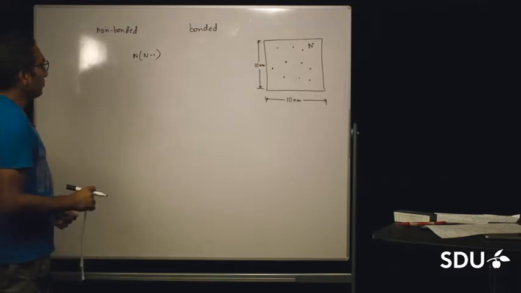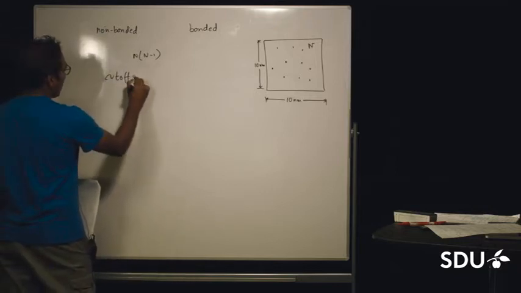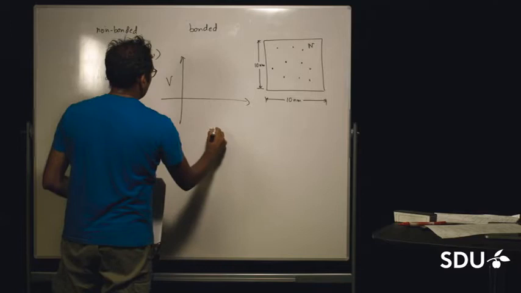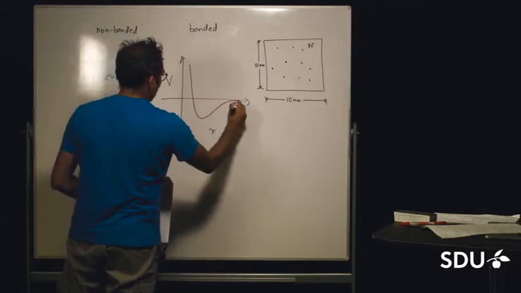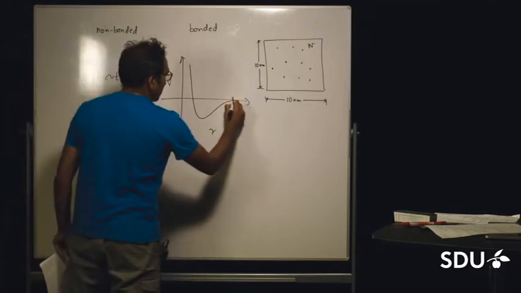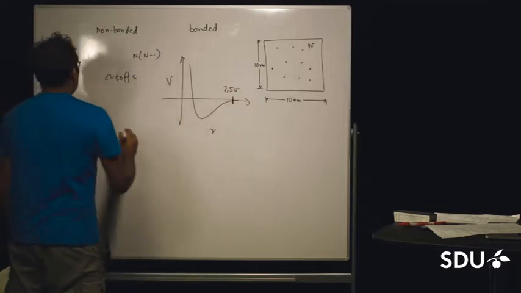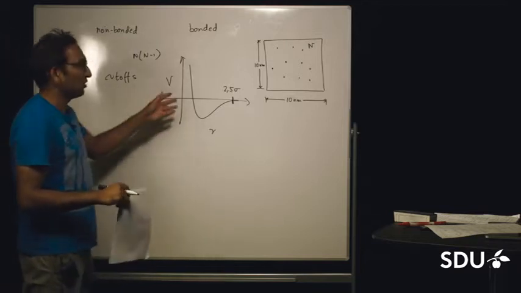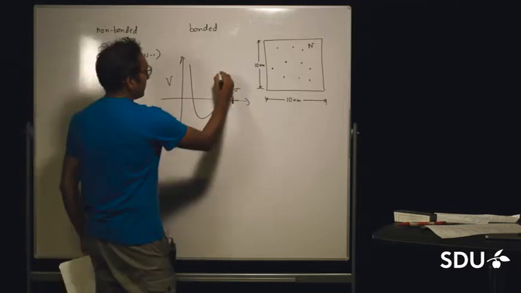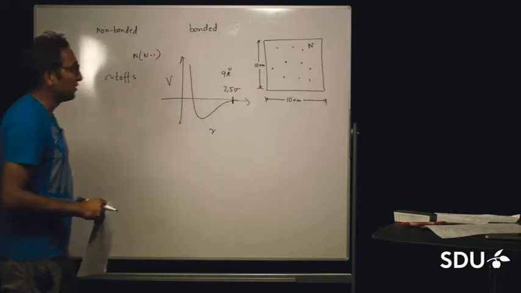The trick that we use to make this a bit faster is the use of non-bonded cutoffs. If you plot the van der Waals potential versus distance, you will see that the value of the potential after a distance of, let's say, 2.5 sigma is almost 1% of the initial value. So, the potential drops off very significantly after 2.5 sigma, which would be about, let's say, 9 angstroms, depending on the type of particle, and after that the value of the potential is really 0.